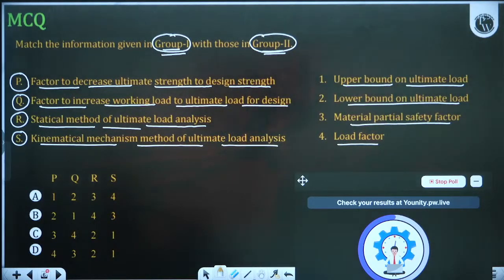The year of this question is not written. Just give me a minute, guys. I'm telling you the year also. I will write down the year also, in which year they have asked. The year of this question should be